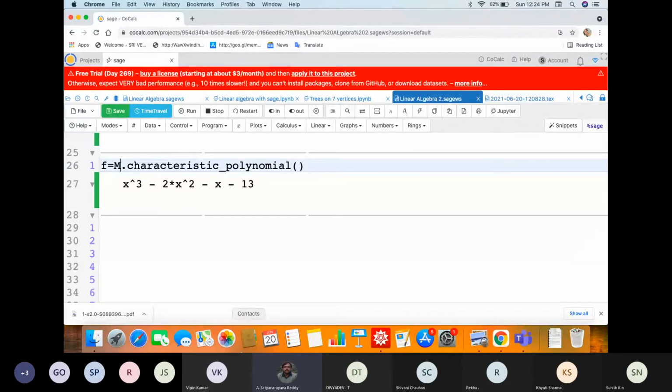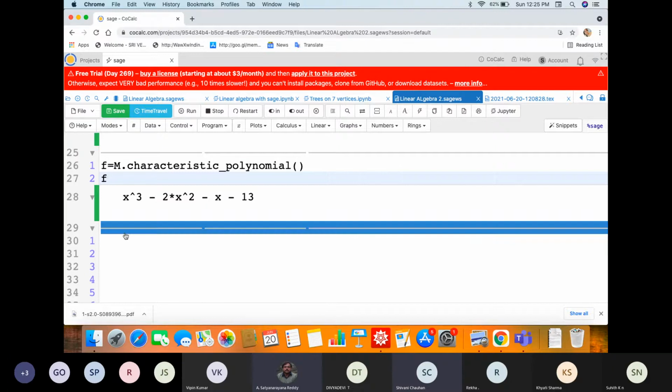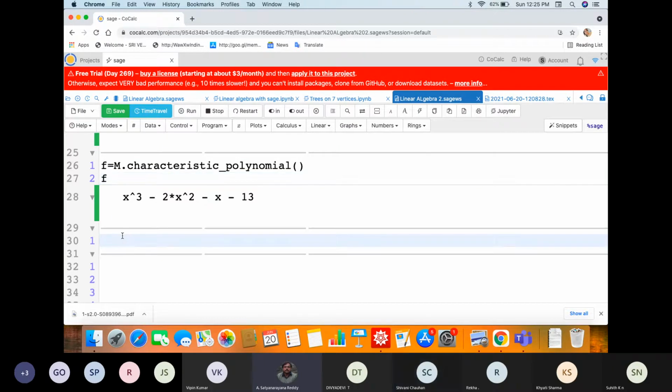Let us see how we do that. I have defined it as f, and then f dot.